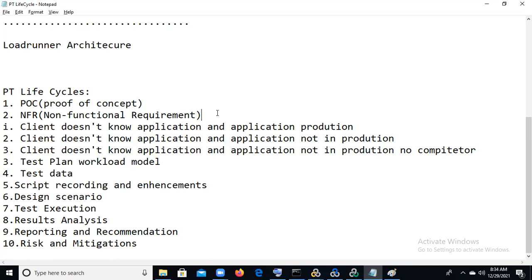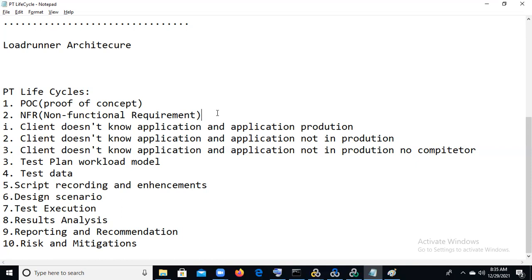And number of transactions per hour means how many transactions happen per hour. And hardware OS level threshold statistics like CPU utilization of the application, how much memory there is. We need to ask for this also: how much is the memory, how much is the CPU, what is the heap, what is the swapping. We have to gather this from this kind of test. We are supposed to perform baseline and benchmarking testing in terms of availability, serviceability and scalability. So these are the non-functional requirements we can gather from the client.